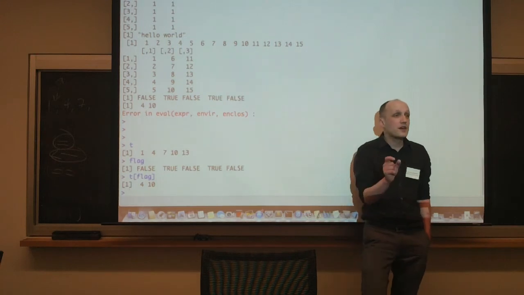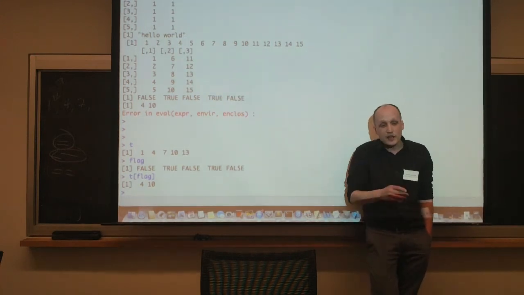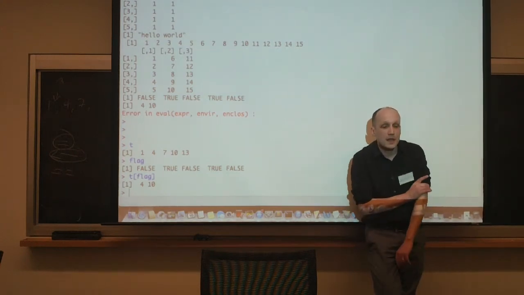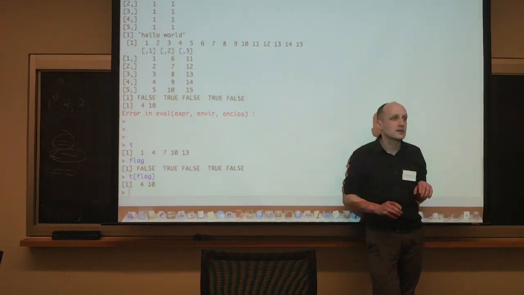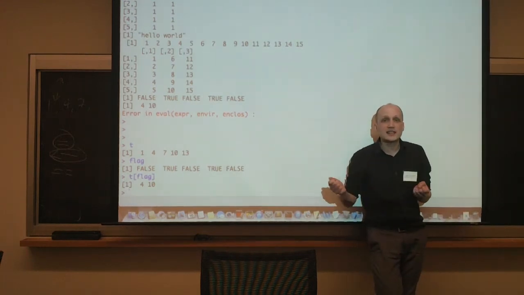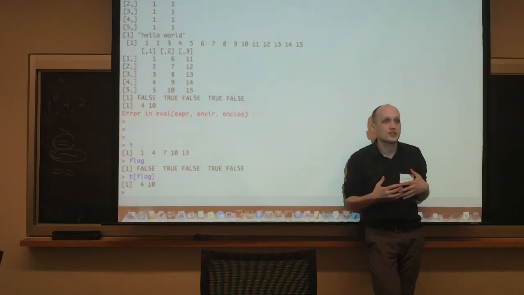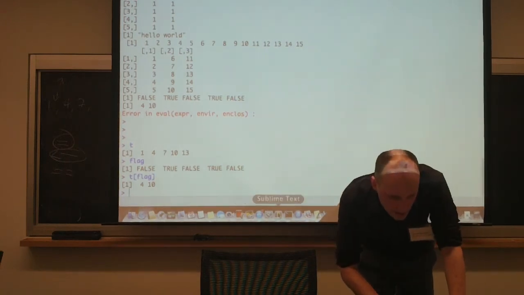Okay, and that's a very, very useful way of manipulating data. Not a lot of languages have Boolean subsetting. So you can construct a sequence. You can say I just want the observations that are greater than 6. So build a flag. Is that variable greater than 6? Then pull out just the observations for which that is true. All right. We'll do some more on subsetting while we're at it.